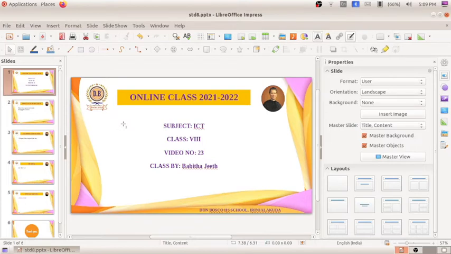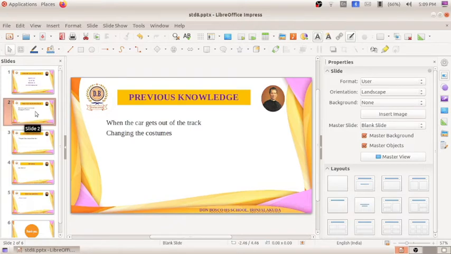There we played a game by using software named Scratch, and in that software we made the car game. We have this car track, which is our stage, and the character we use for playing the game is known as our sprite. The character is known as a sprite, and here the sprite is the car. According to that, we have done a lot of activities in Scratch by using different blocks.